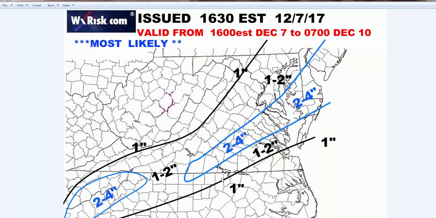First guess, 2 to 4 inches, as you can see in the Richmond area, across the Northern Neck, Salisbury into Jersey. 1 to 2 inches in a large swath everywhere else, and then 2 to 4 in the mountains of North Carolina. Now, that's first guess. This is subject to significant increase. I want to see if this trend continues. I don't want to see a flashback here on the 0Z model runs.